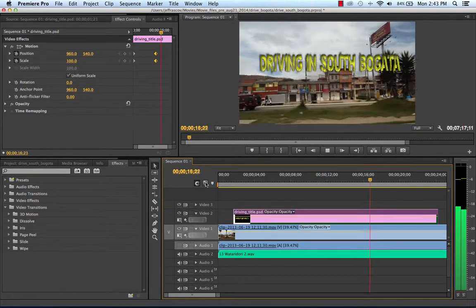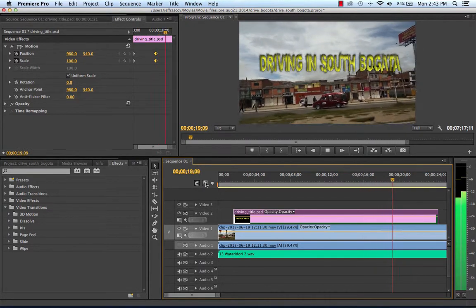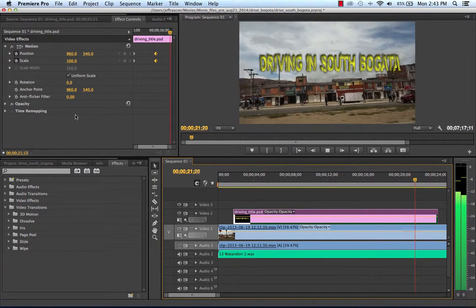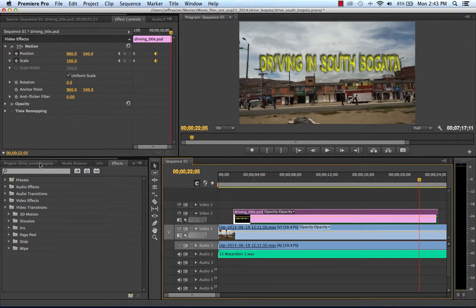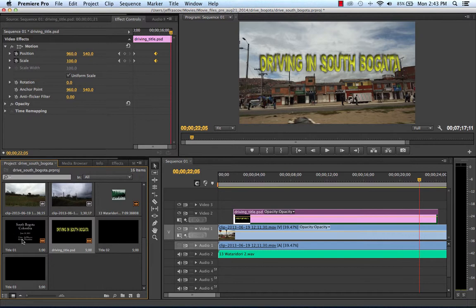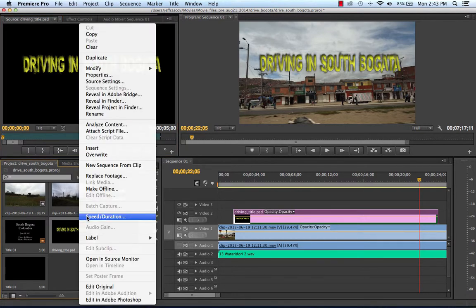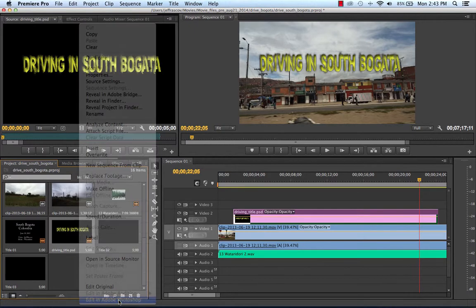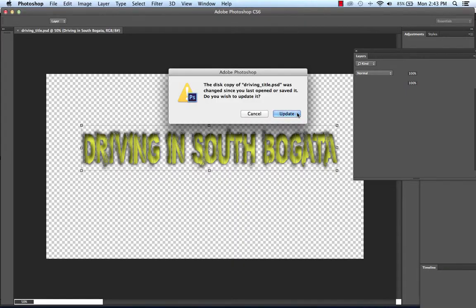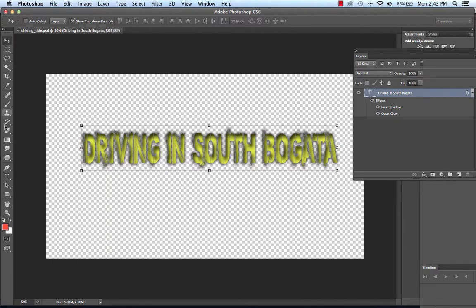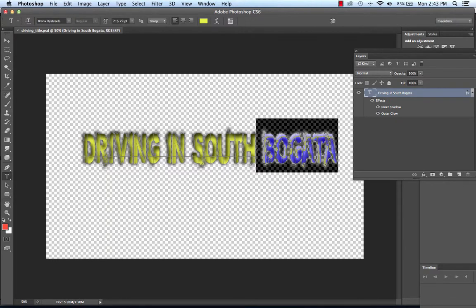So if you wanted to change something, like let's say the colors, this is a Photoshop file. Again, in the project window over here inside of Premiere, there is a title right here. It says PSD. If I double click on it, it can actually open it, or right click on it, and you can say open back up, edit original, or edit in Photoshop. There should be an option. So I right clicked on my title, my Photoshop file, my PSD over here, and I'm going to say edit in Photoshop. It'll take me back to Photoshop, and I'm going to click on my text and highlight my text,